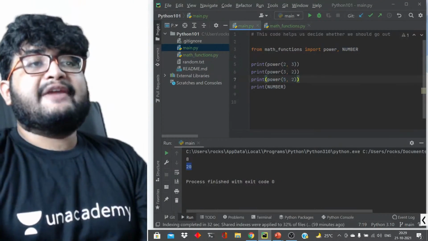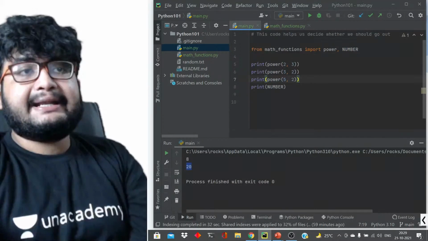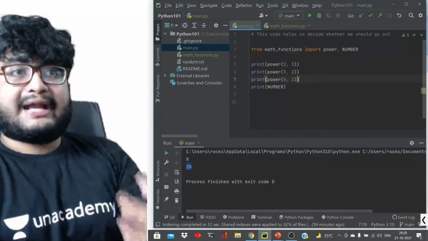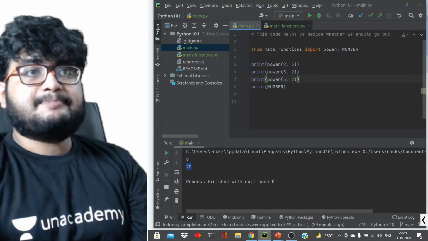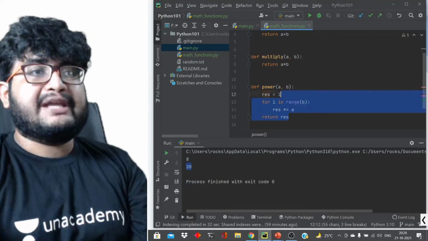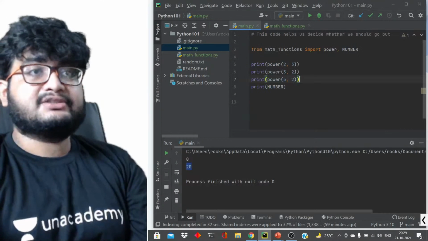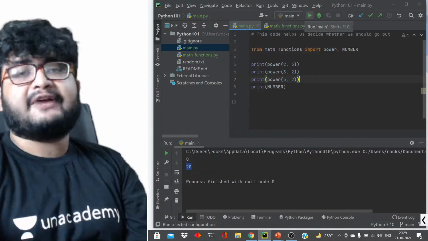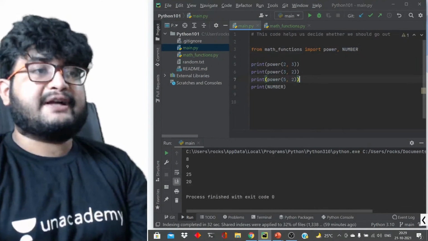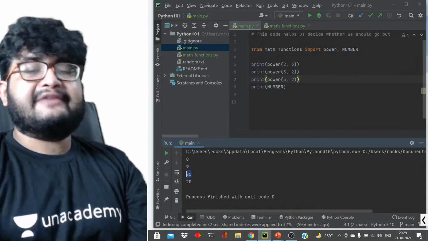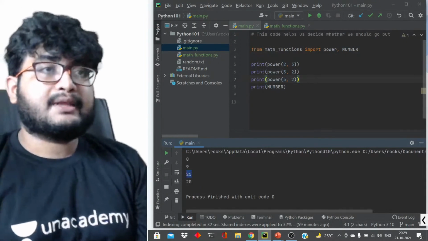You would have to write this power code, those 4 lines, 3 times. That would make a lot of redundancy, right? So that's not good. That's why we broke it down into a function. So this is a use case of function. See, and it is printing 9 and 25. It is working perfectly fine as well.